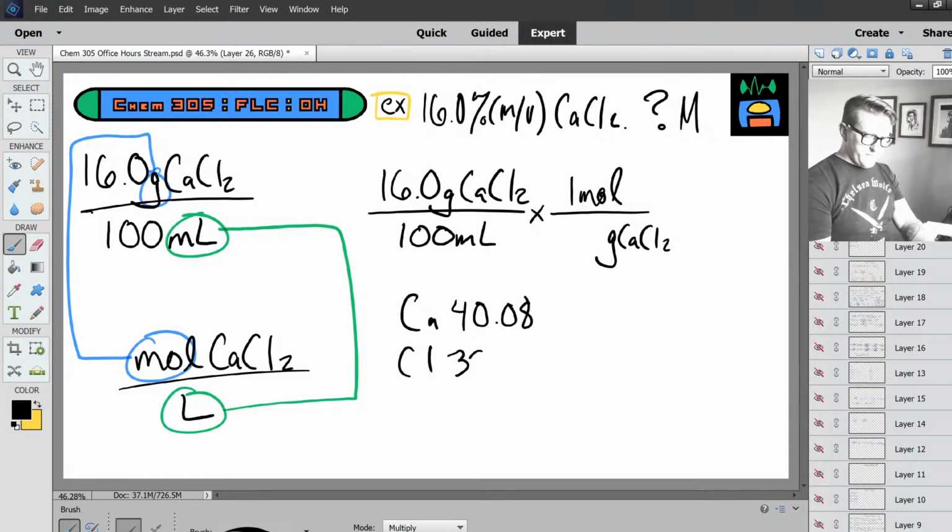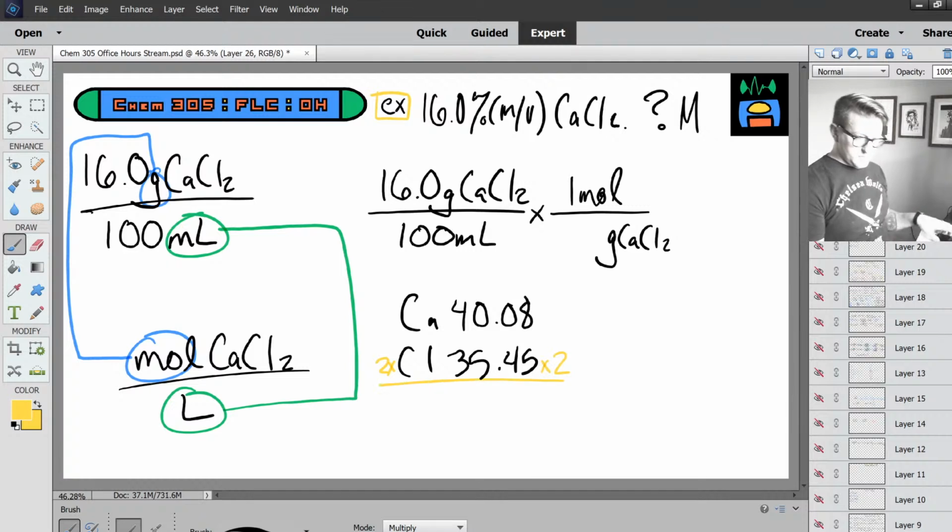Chlorine is 35.45, and we have two of them in this molecule. So, crunching our numbers, this will be 35.45 times 2 plus 40.08, which is 110.98